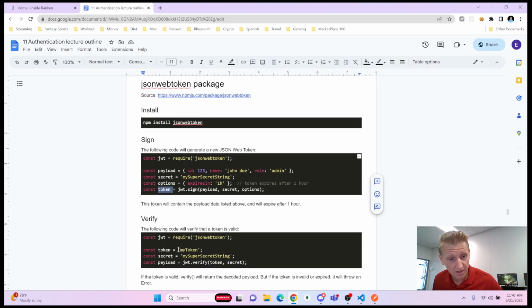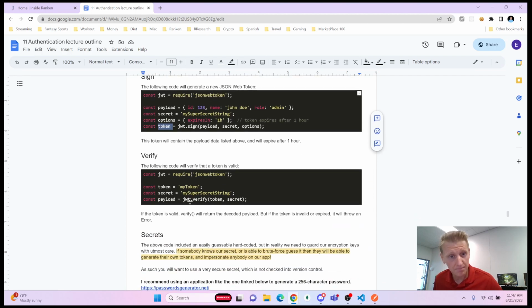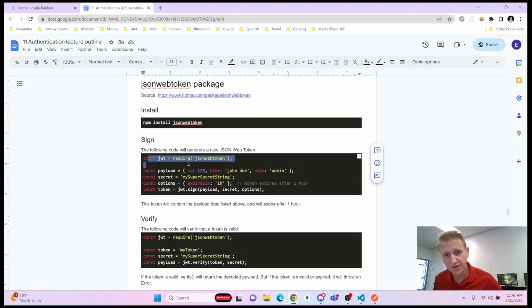And then, for example, when would you do this? Okay, you might create this token when a user registers or when a user logs in, right? When a user registers or when a user logs in, you want to create that token and store it on the client, right? But then let's say they go back to your website,